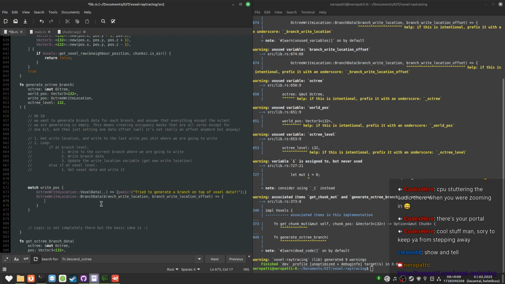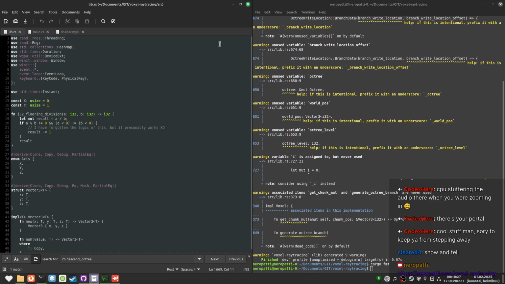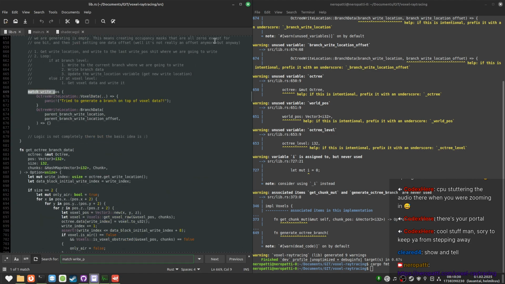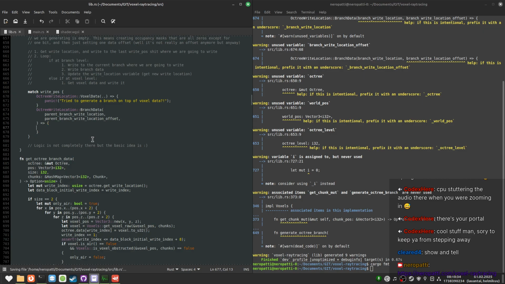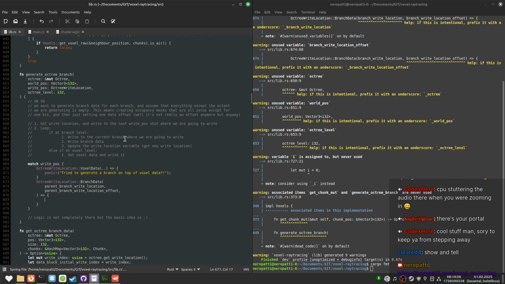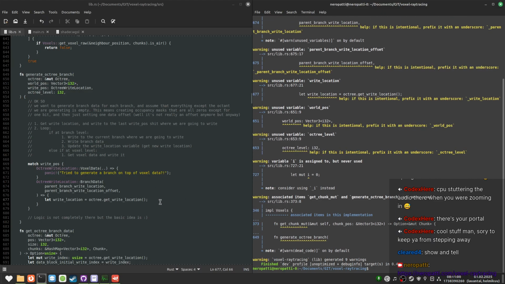Yes, so I need to get a right location, and then these are actually the parent right locations.